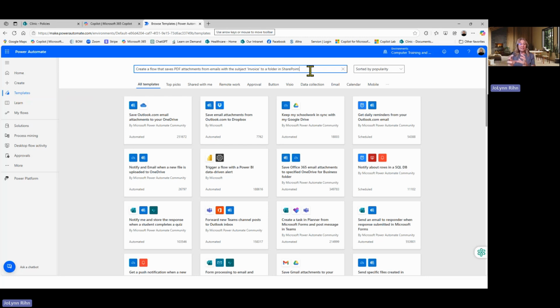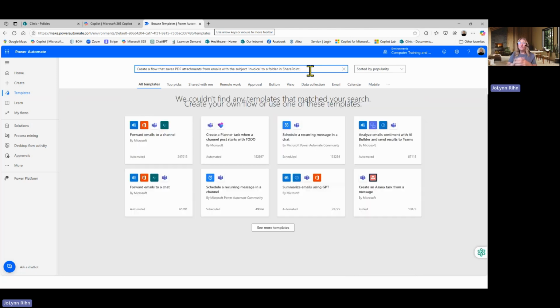So if somebody sends me an email that goes to a specific email address and or has the subject of the word invoice, it says invoice someplace in the email, and if it has an attachment and it has the invoice in the content, we want it to automatically save the attachment on that email directly to a SharePoint folder. I could simply put that in the top and it will locate whatever templates might be